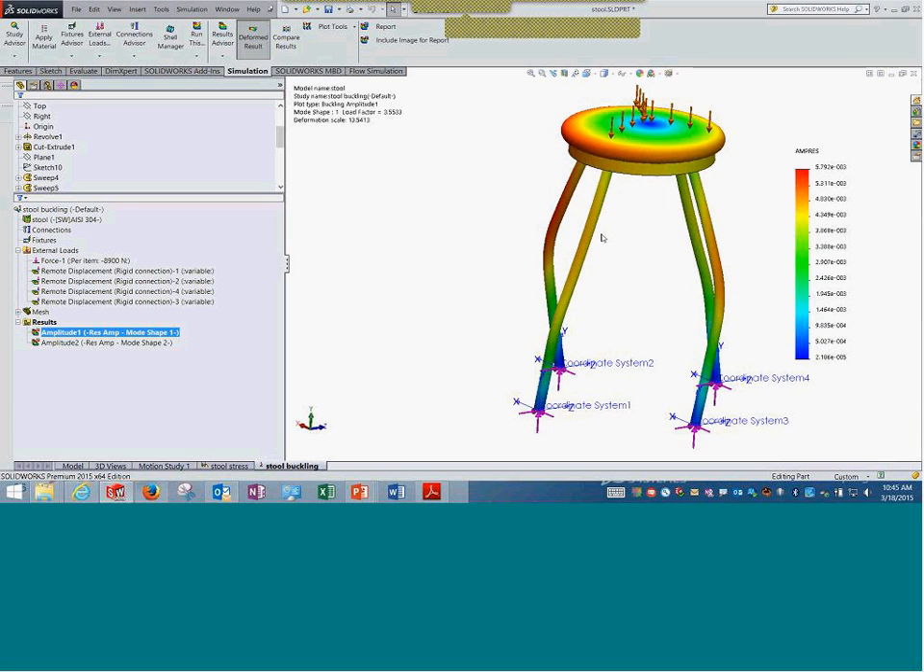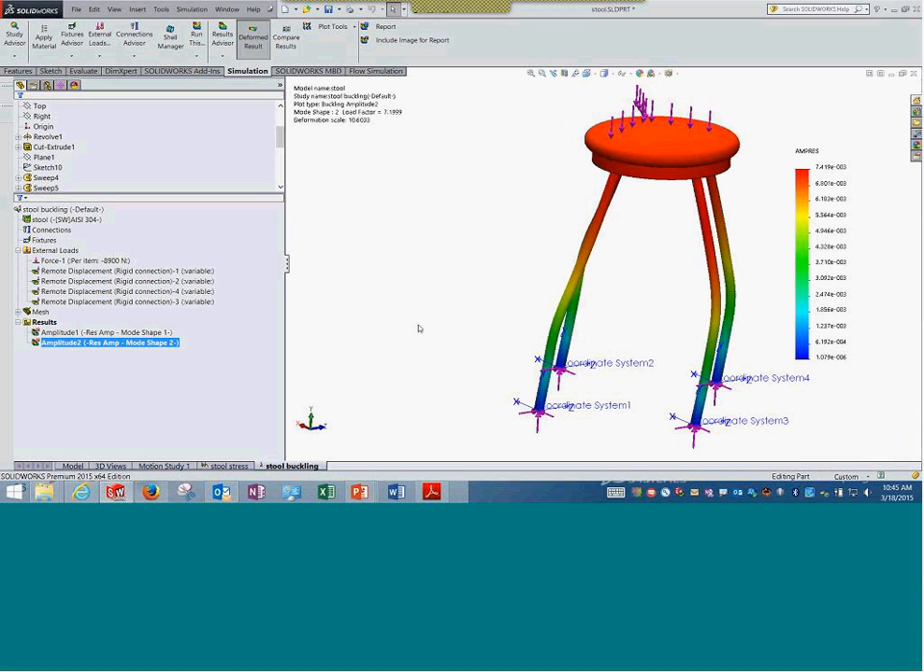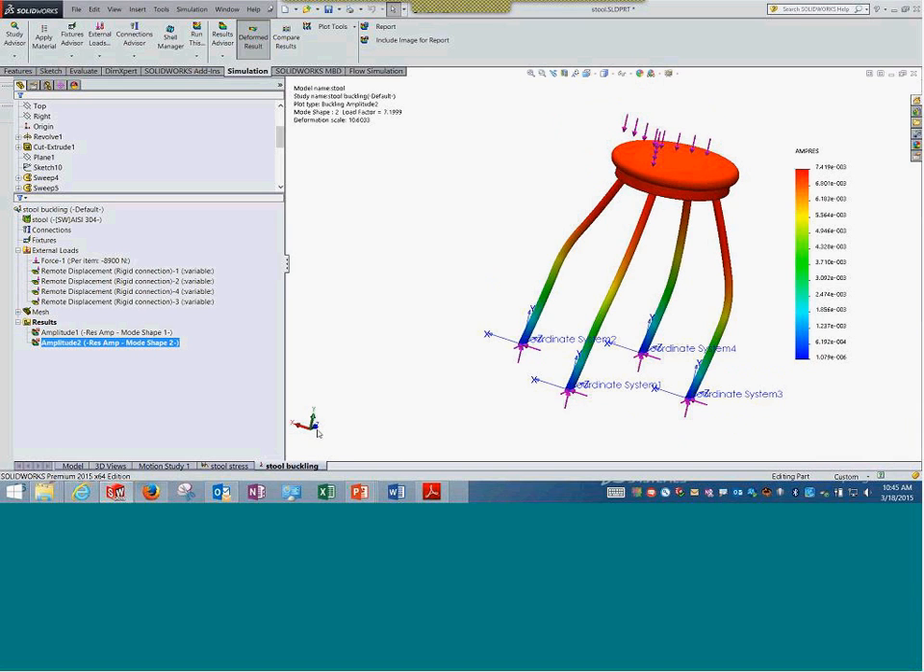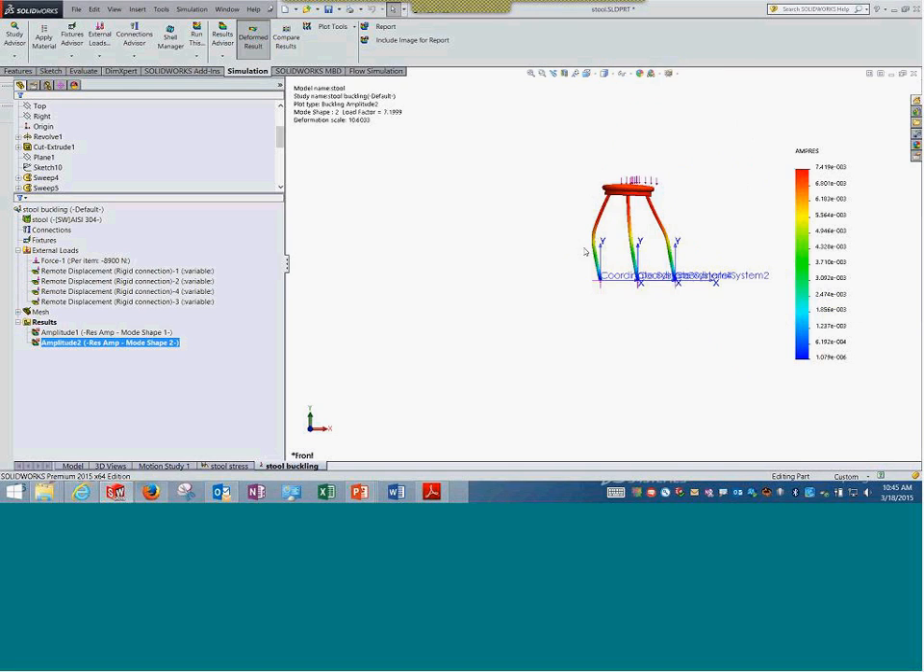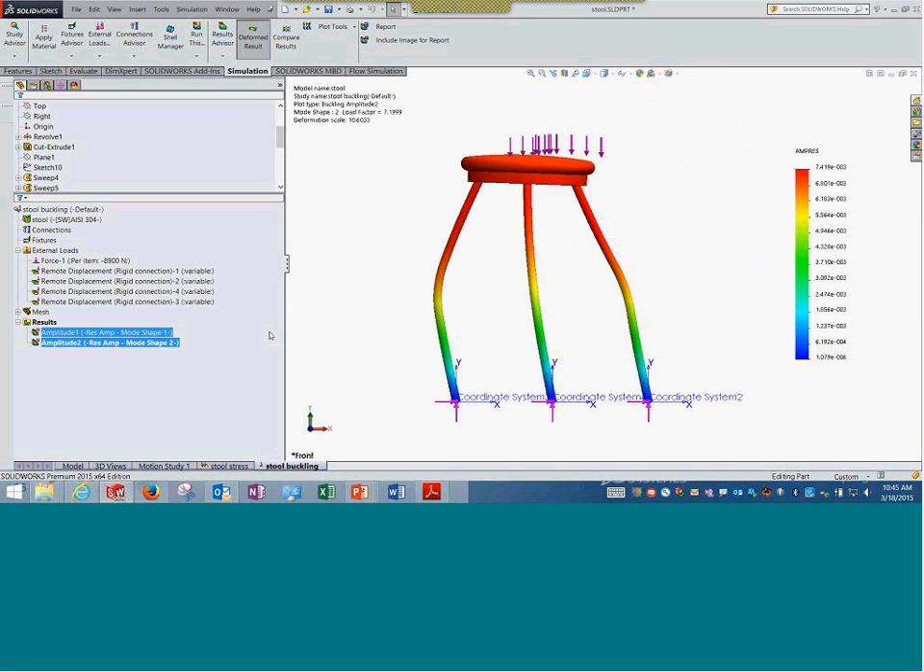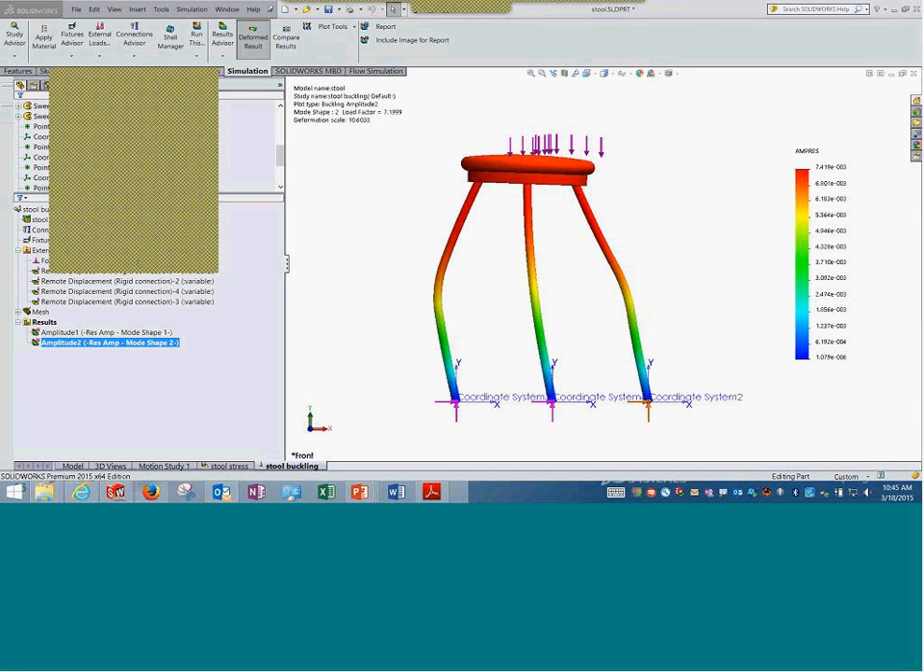You can see the shape will be similar to what you see in the... sorry, I wanted to say similar to what you see in the natural frequency analysis. Convection coming up. Let me check what